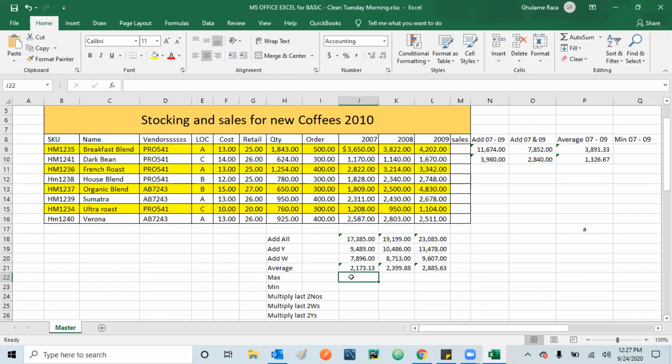But of course, the process is the same. You'll be applying the formula in a similar way. There's no difference in applying the formula. So let's start working with the maximum. If you want to see which one is the highest number in the table, you will apply the max formula, which is equal